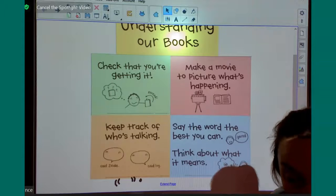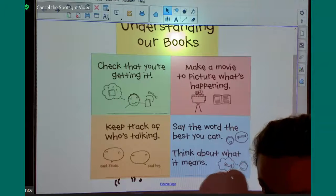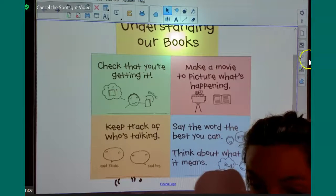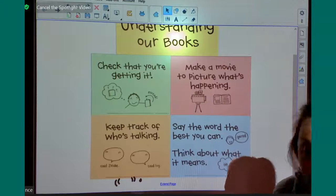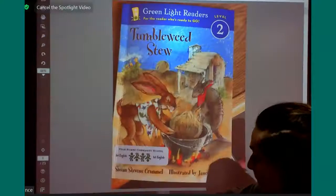Those skills I want you guys to keep, so that we can use them throughout the rest of the school year. Before we go, I want to show you our new book that we're going to be focusing on. I read to you just the first page of the story, and it's